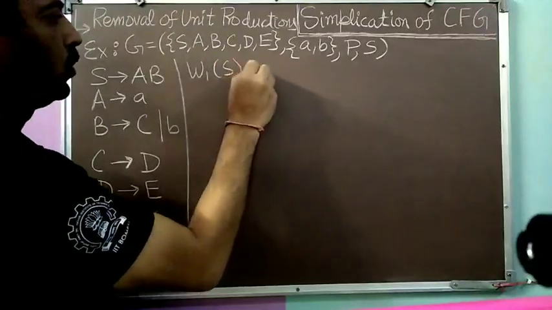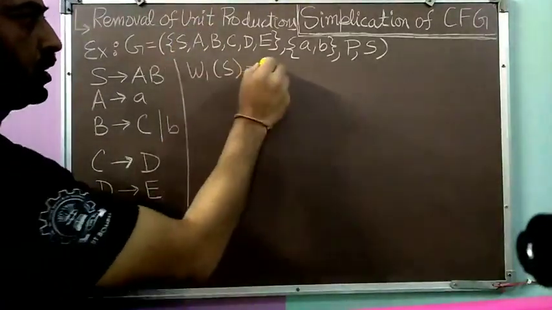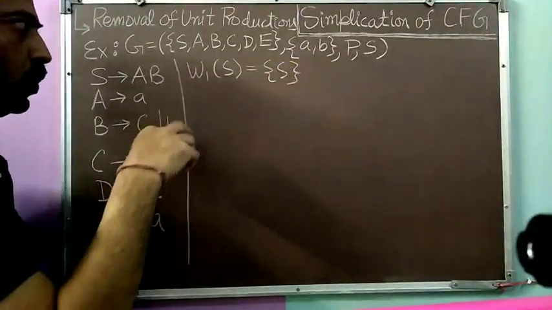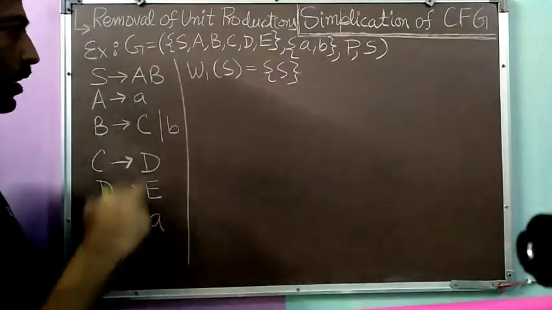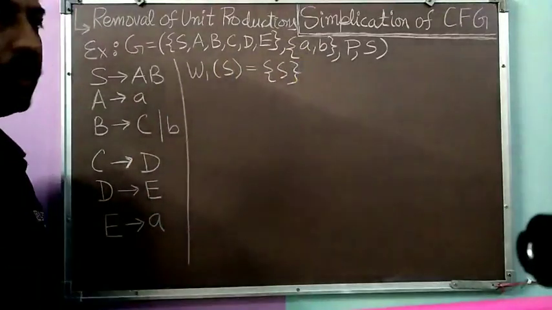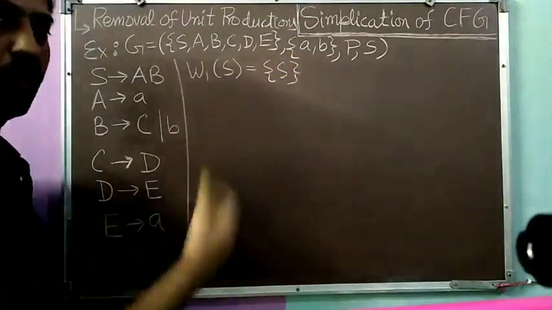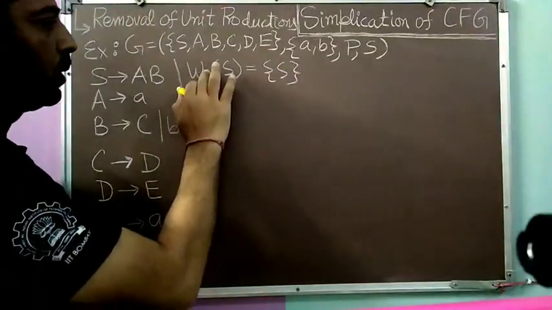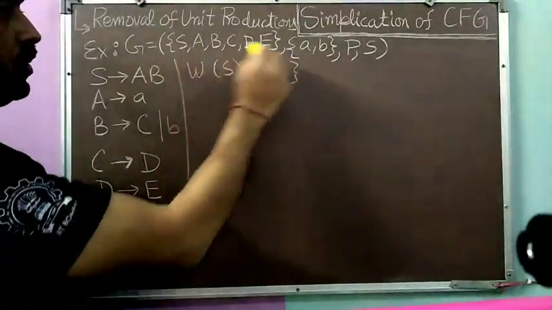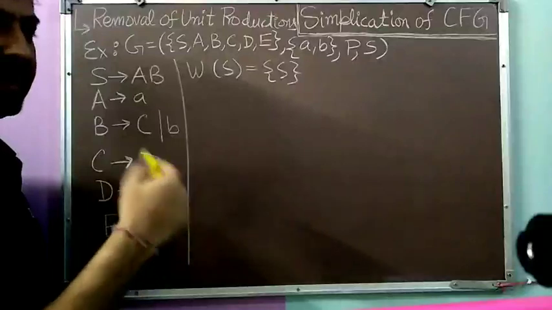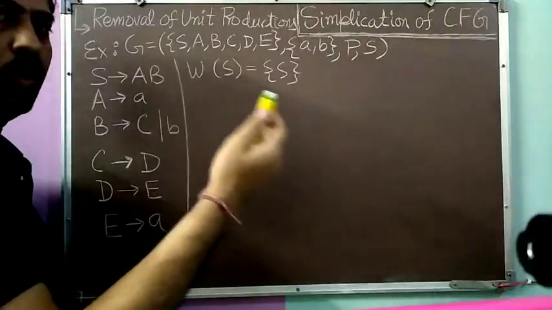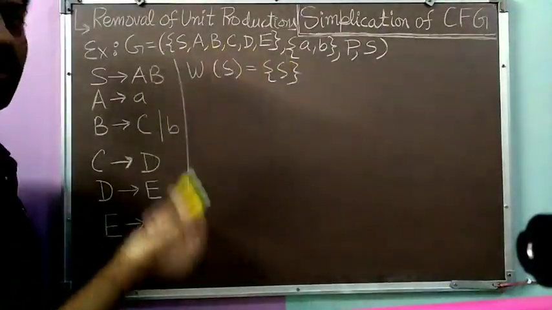First of all, we are finding W of S. We will start with W1 of S, and as per our process, W1 of S is nothing but S. Then we will look at the unit productions of this variable S. Because S does not have any unit production, nothing new will be added. So W2 will also be equal to the same, so W1 of S will become the W of S. It is a final set of variables. It simply says S is a variable which does not derive any variable through unit productions.